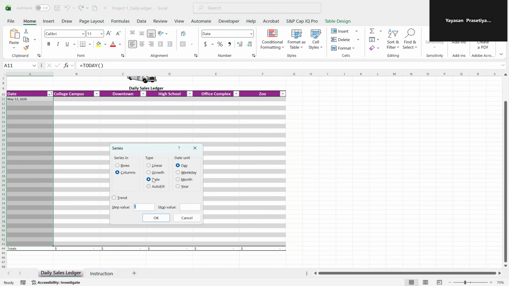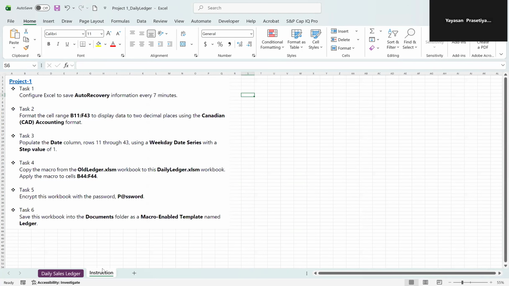This already looks good: date, weekday, with the step value of 1. Just click OK. That's all for number three.